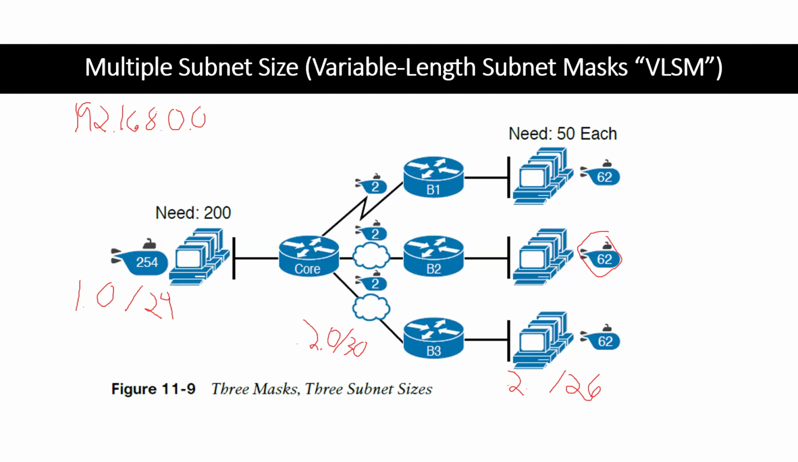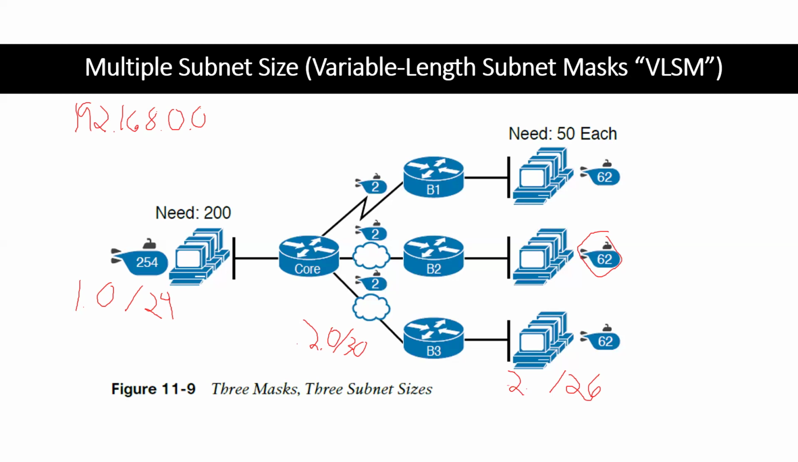Let's make sure I have this correct. I'm going to check my math here, guys. It's been a while. If we go ahead and do 192.168.2.0, that next subnet starts at